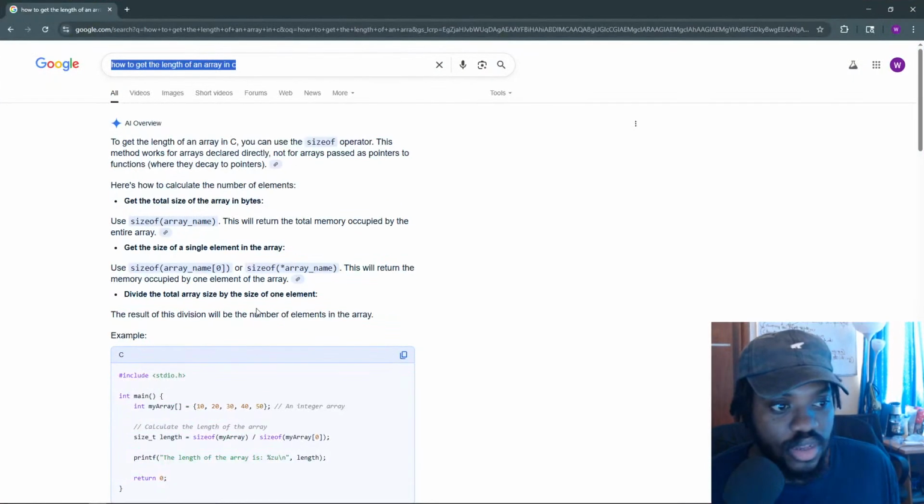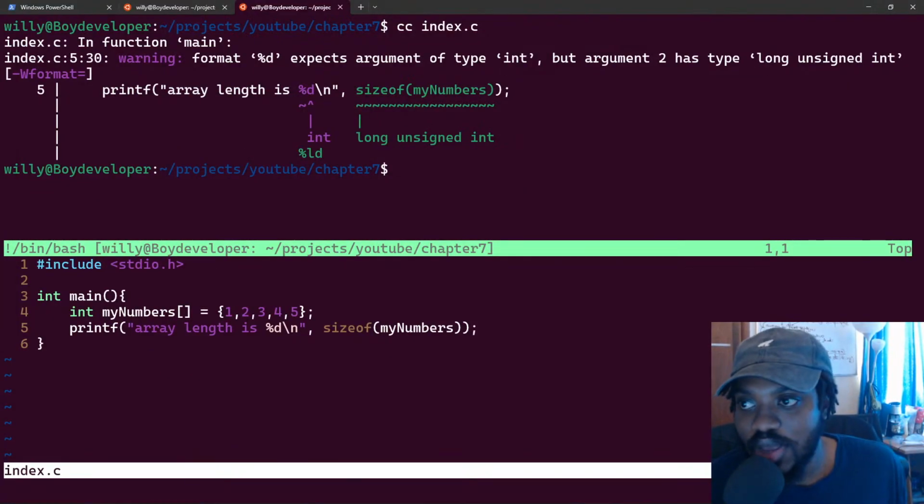I'm using this as my Google search to find out the values. If you're wondering what I'm looking at on my other screen, I'm just trying to search up some stuff. So we have this length of array, sizeof. Well, isn't sizeof supposed to give us